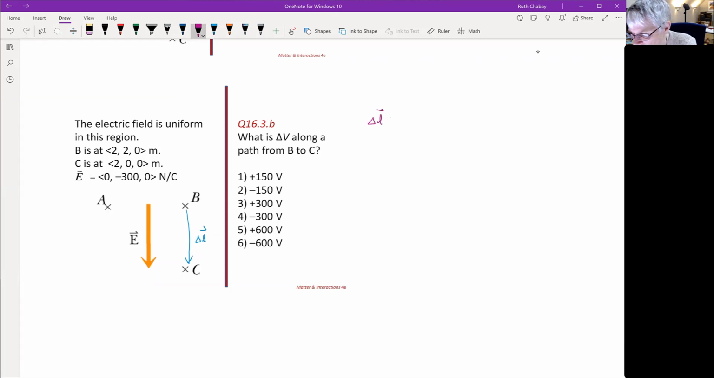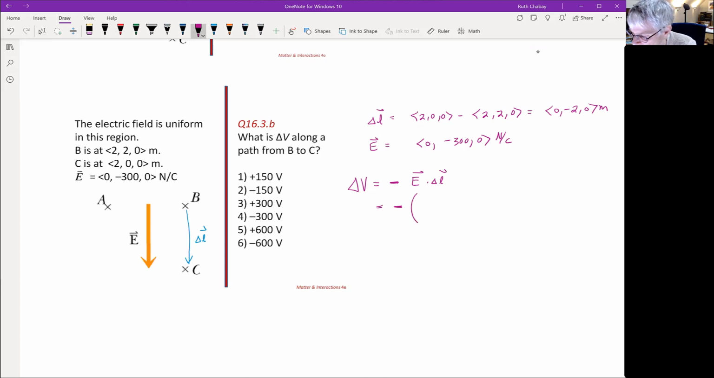So delta L is equal to C minus B, so that's 200 minus 220, which gives us a 0, negative 20 meters. And the electric field is 0, negative 300 newtons per coulomb. So the change in potential is going to be this minus sign times E dot delta L. So we have a